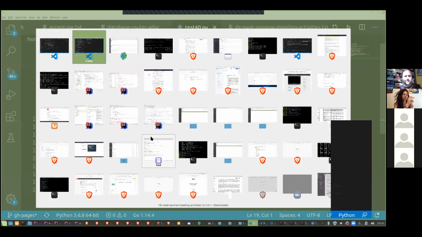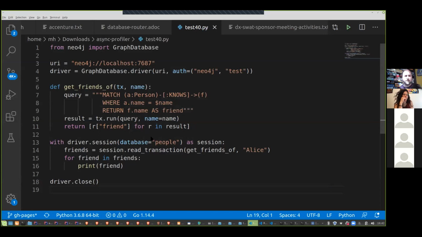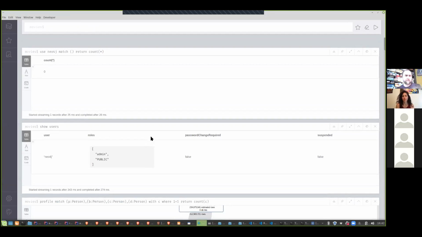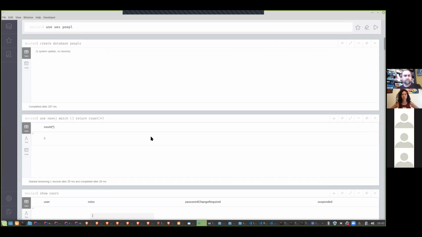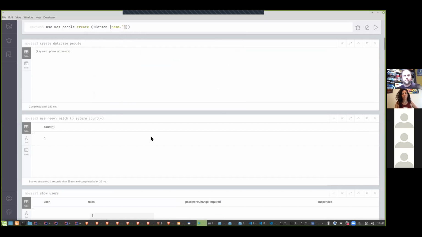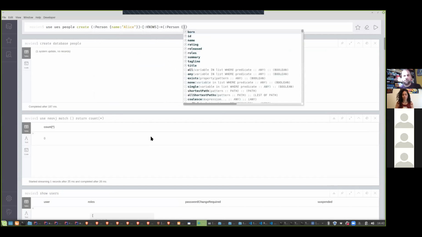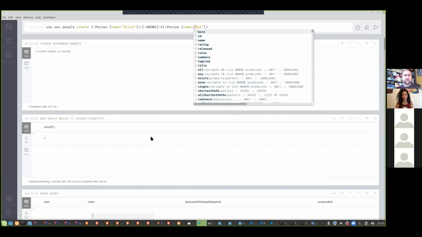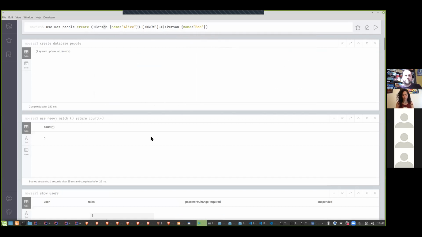Let me just create this data, which is basically: create database people, and then I can just say use people, and then create a person with name Alice who knows a person named Bob, right? So you see I'm still in the movies database, but I still can create data in the people database,